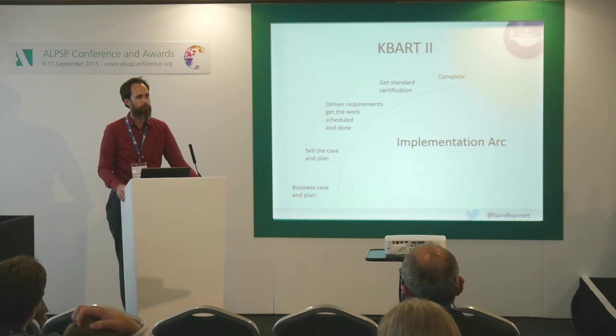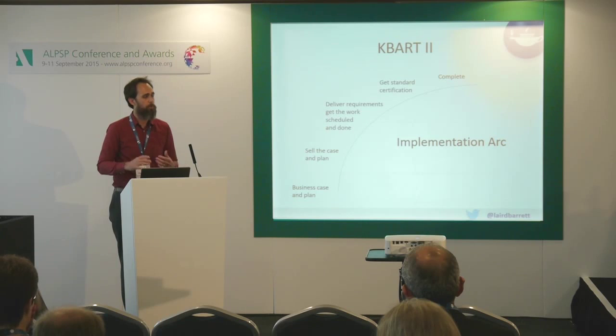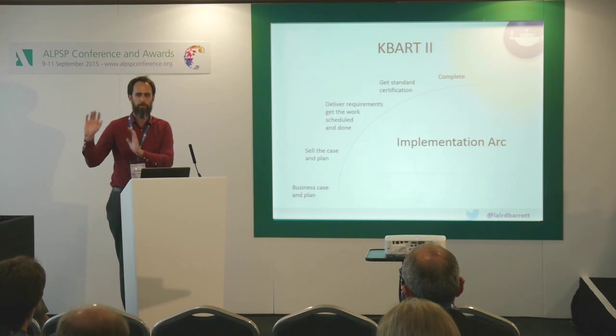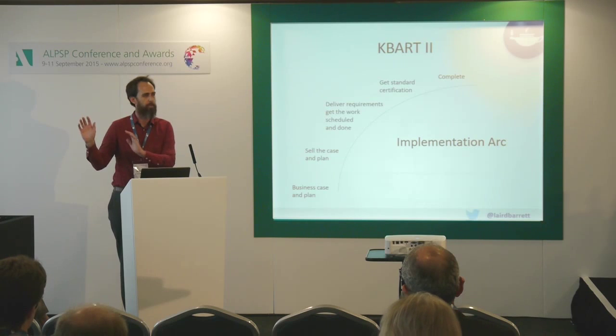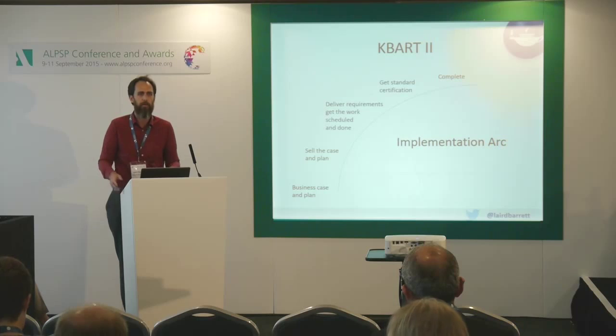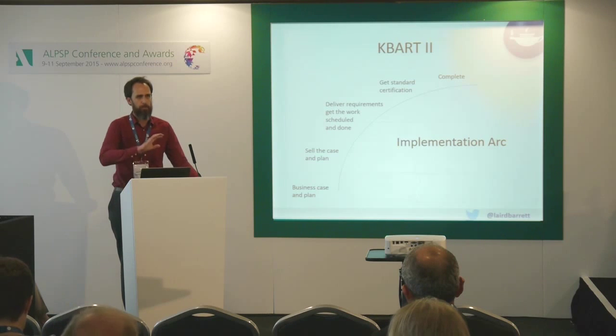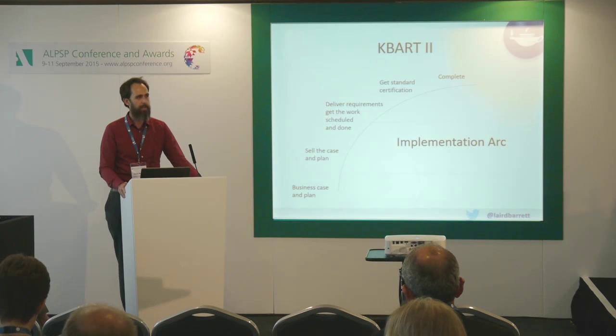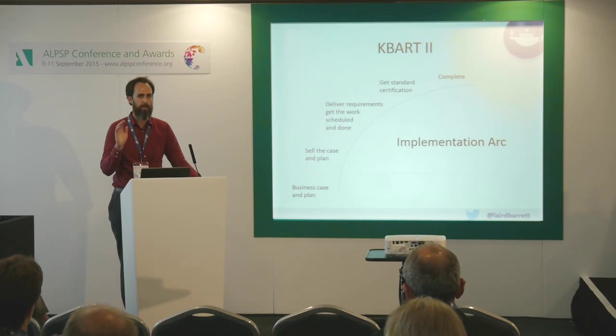So what we needed to do as far as a plan is get KBART 2 development onto our development roadmap with Atypon for Taylor and Francis Online. So they do the work that was necessary to bring the title list into the KBART 2 format. Those are the two things. So we needed a business case, and we needed a plan to move those things forward. I organized those things, and then I went on to sell that business plan and case internally. So I went to a couple of key stakeholders.